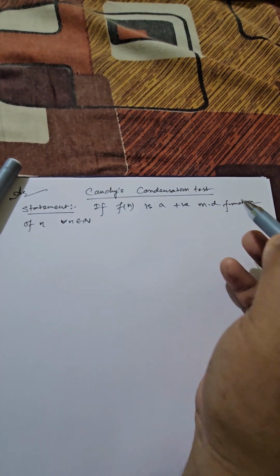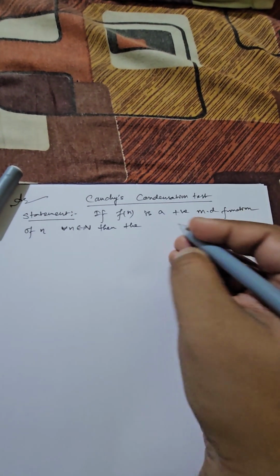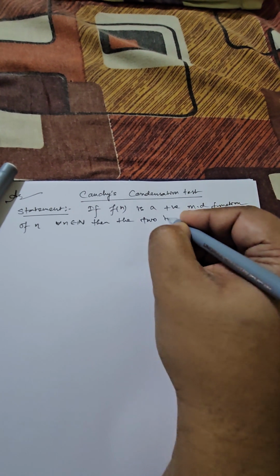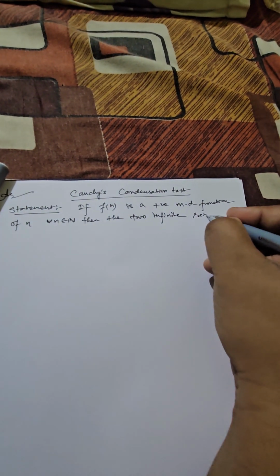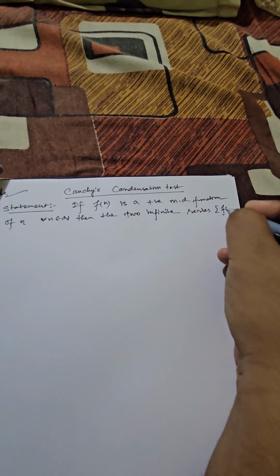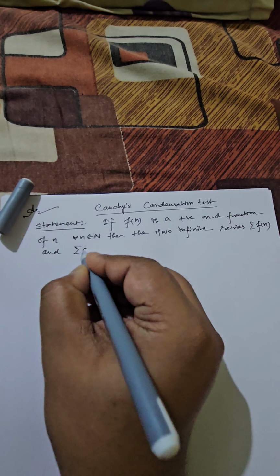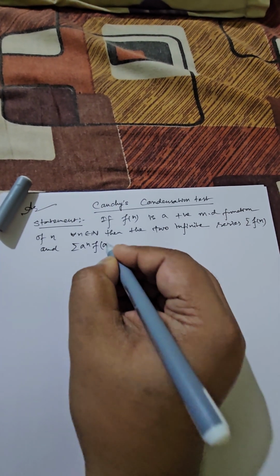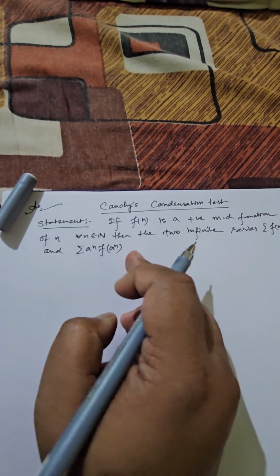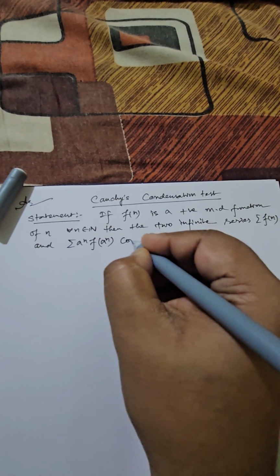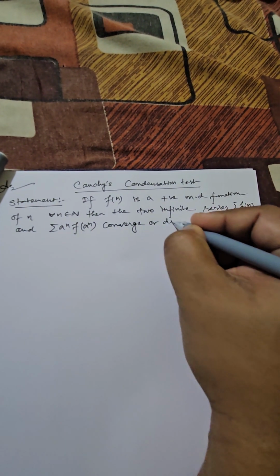Then as per the condensation test, we will try to prove that two specific infinite series of the form, say one is summation f(n) and the second one, just observe the structure carefully, summation of a to the power n f of a to the power n, will converge or diverge